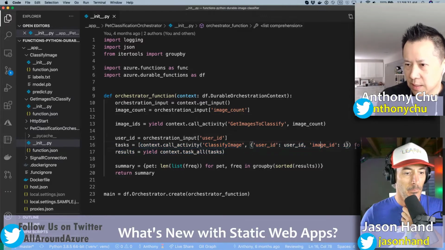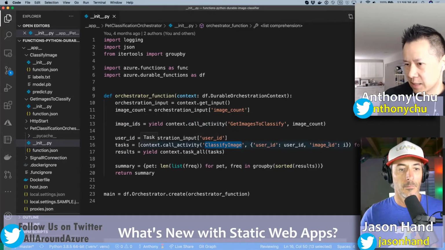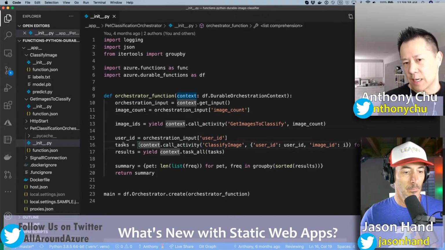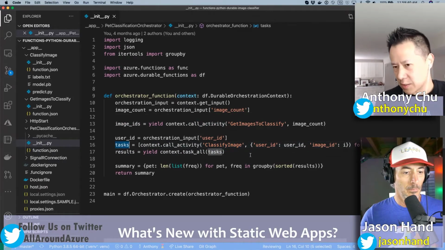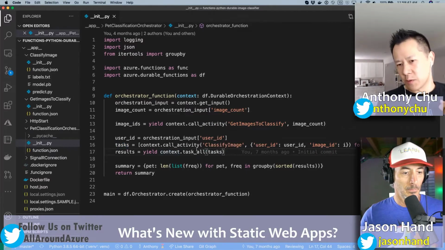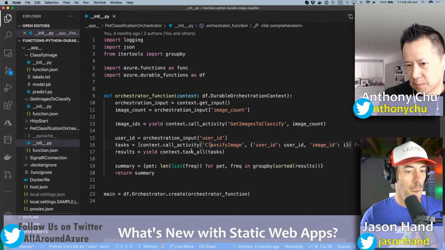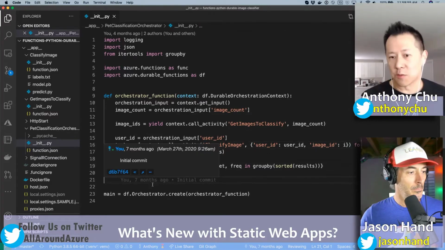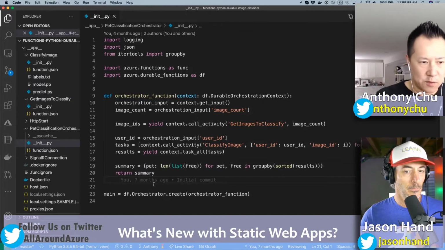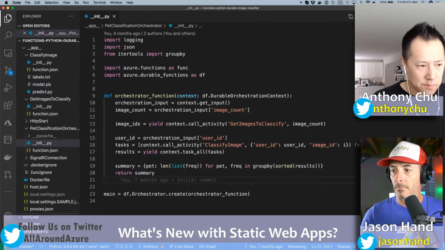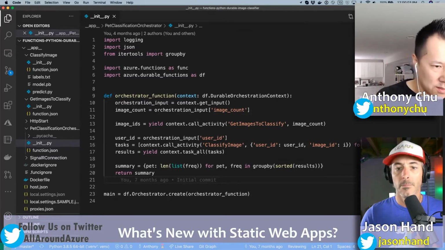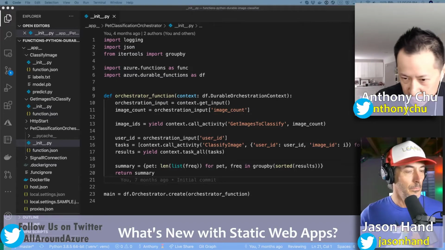We're saying for every image ID, I'm going to call an activity function and pass it the ID. And then I'm going to collect up pointers to all these things I started, and then say, hey, please wait for them to finish. So this is the fan in part. You can see that it's one line to do a fan out and pretty much one line to do a fan in. And then behind the serverless nature of Azure Functions, it actually fans out and does this work. So I'm going to go and find my browser,